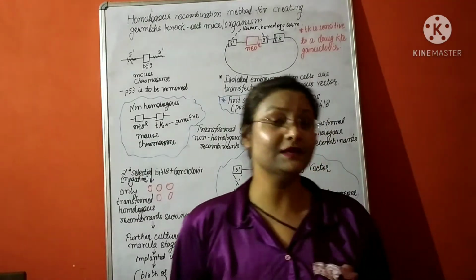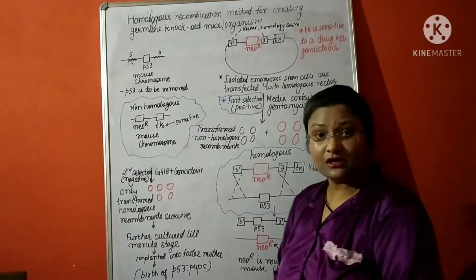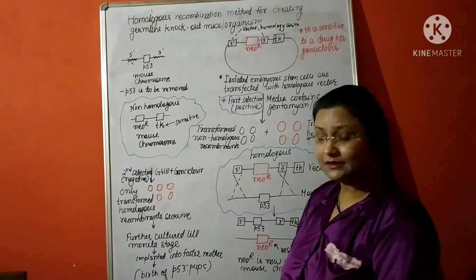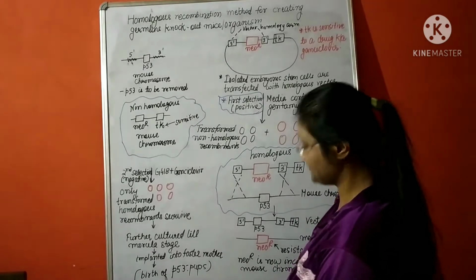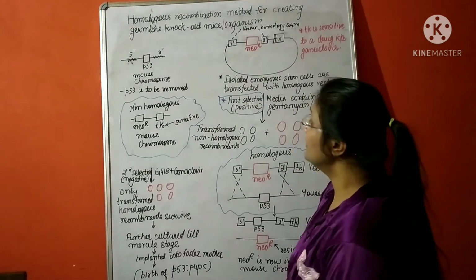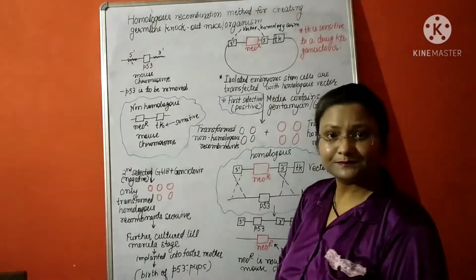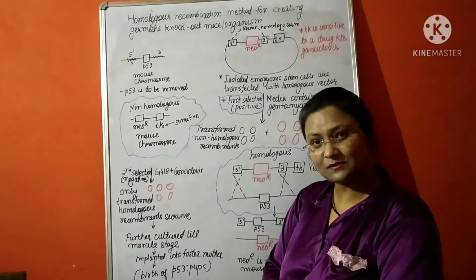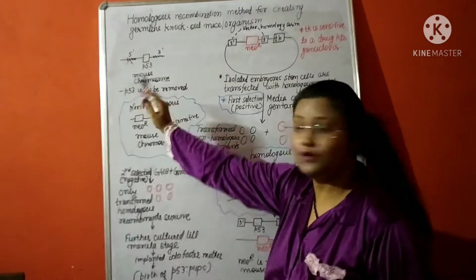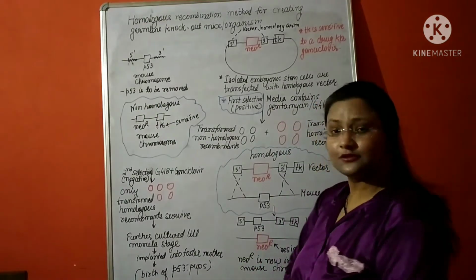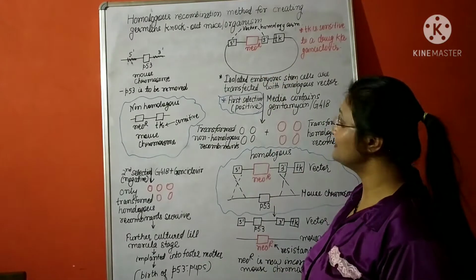Students, today we will discuss how we use the homologous recombination method for creating germline knockout mice or organisms, or somatic cell-specific knockout organisms. So we have the P53 gene in mouse, which suppresses tumor. It is a tumor suppressor gene. Now we want to remove this P53 gene, so that we can use the transgenic organism, which is mice,